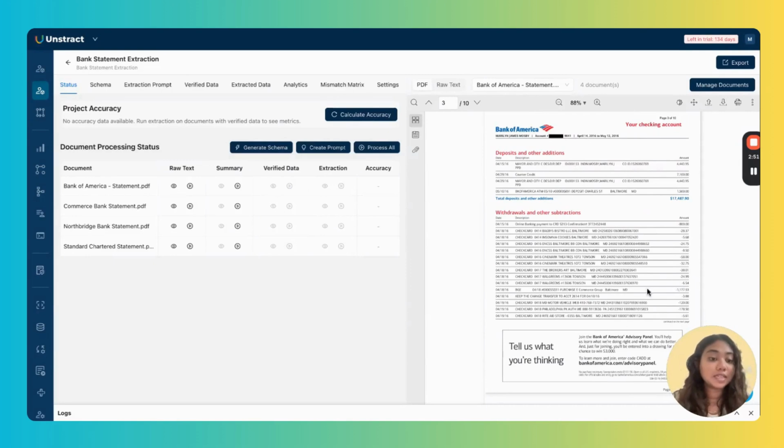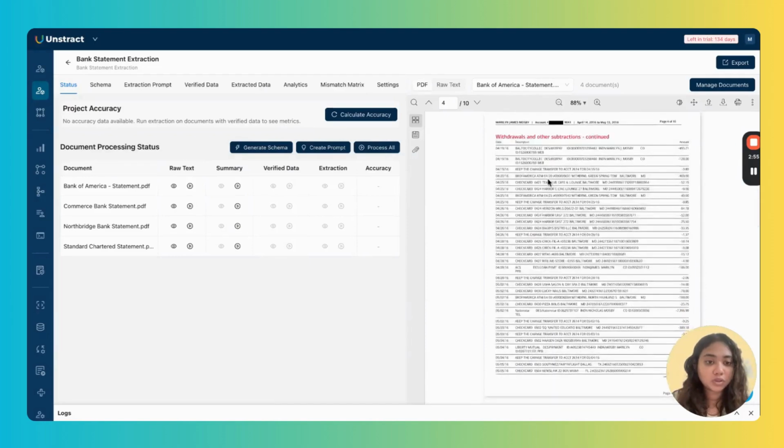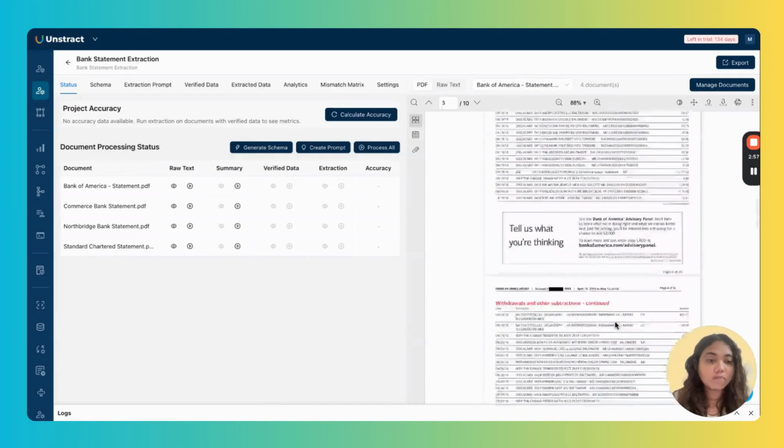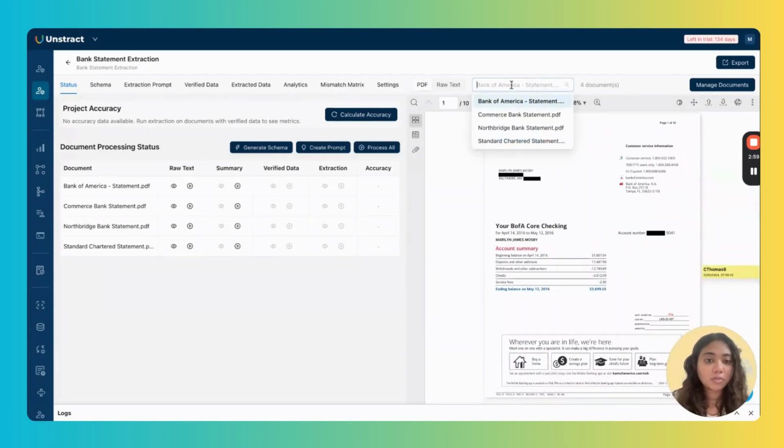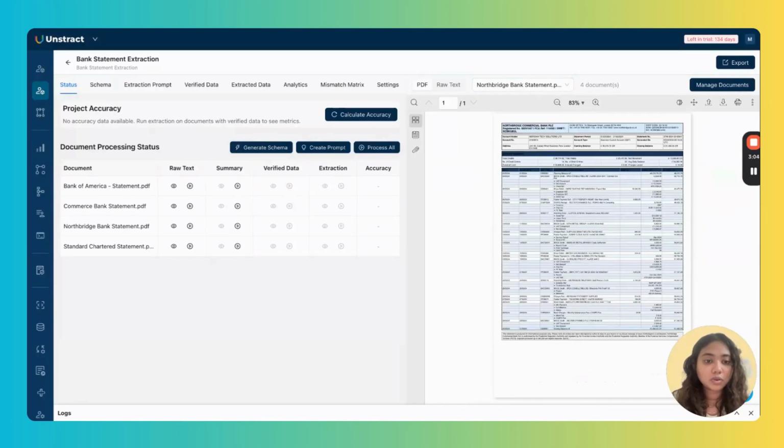So this was the statement that you'd seen earlier when we covered the API hub, and you have the withdrawals on the third page as well. So this is the format that the Bank of America statement follows. We have another statement over here with a pretty tightly packed table. Again, tightly packed tables, as we looked at earlier, can be quite difficult for systems to extract data from.